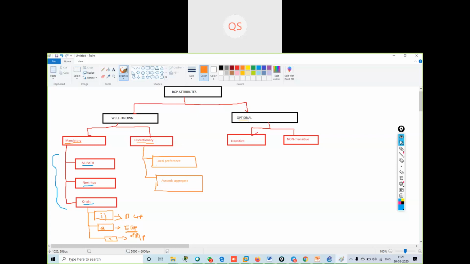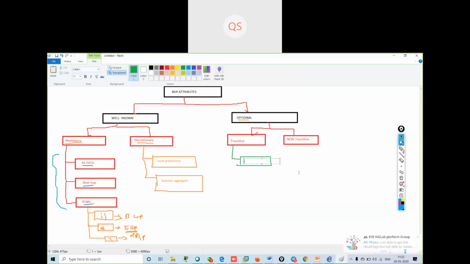Now, optional. What is optional? Optional transitive and optional non-transitive. In optional transitive, there are many attributes in BGP.